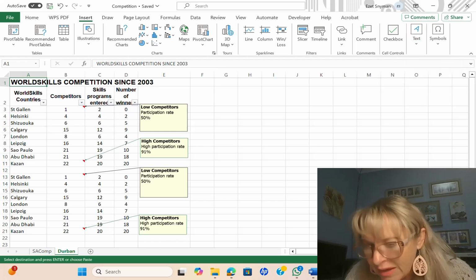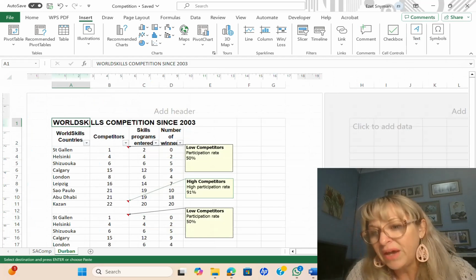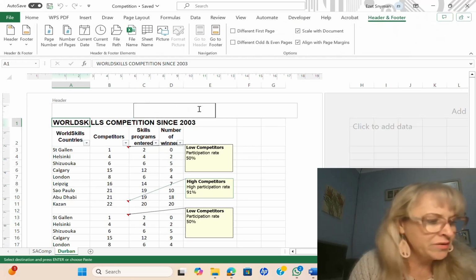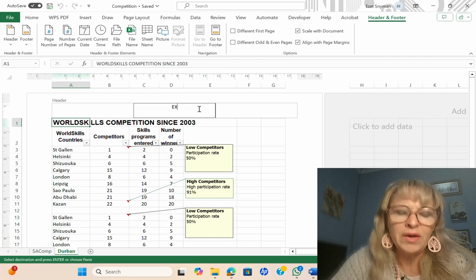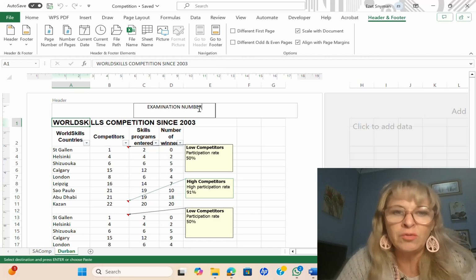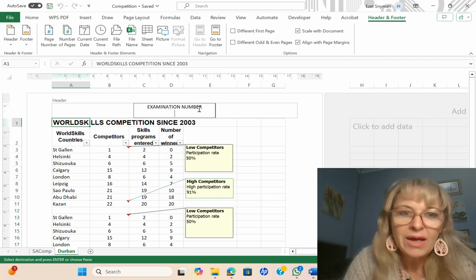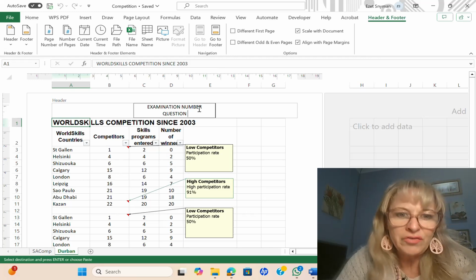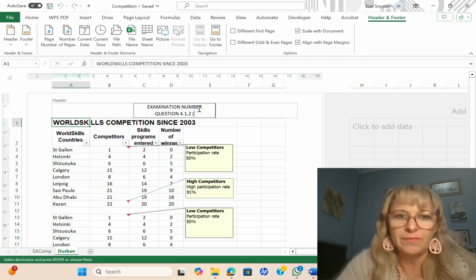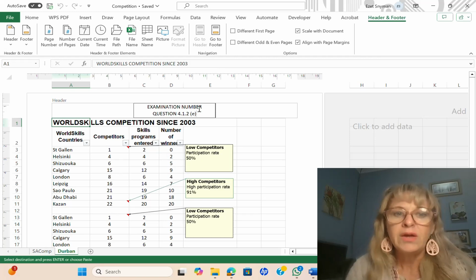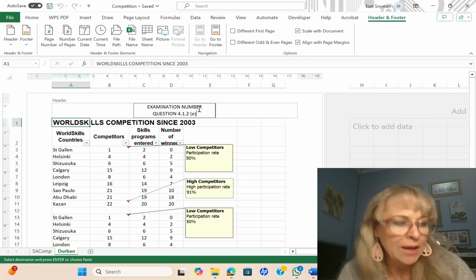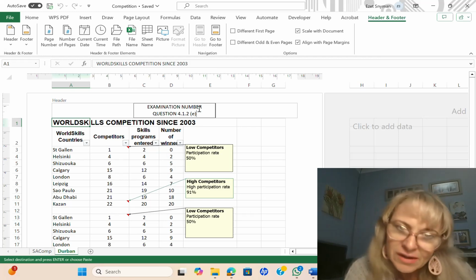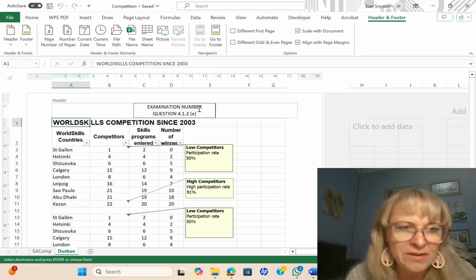I'm going to then select the page layout view, then the header appears there, and they want you to do it in the center. So there you are going to type in caps, EXAM, obviously your exam number is going to be your exam number, enter, and then say Question 4.1.2 with a little e in brackets, lowercase. Remember, you must do it exactly how they do it. If they do it in caps, you do it in caps. If they do it in small letter e in brackets, then you do it small letter e in brackets.